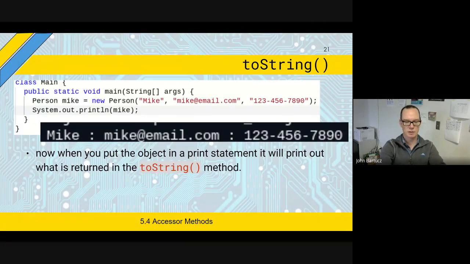Integer is a class. Int is a primitive, and it's not a class. And we're going to get to the differences between those, but